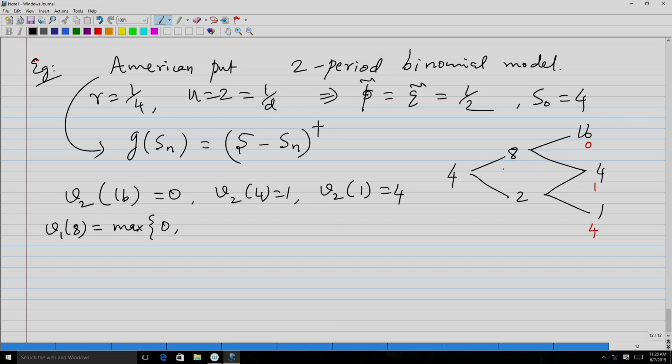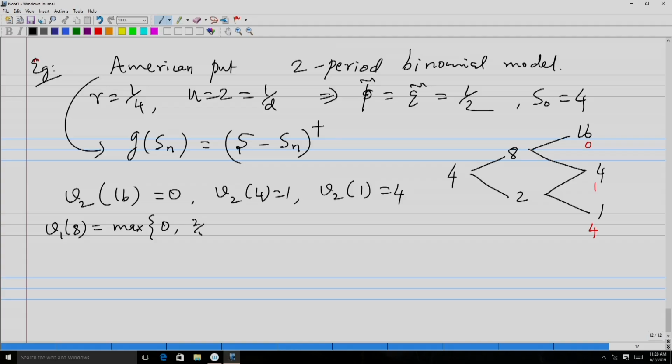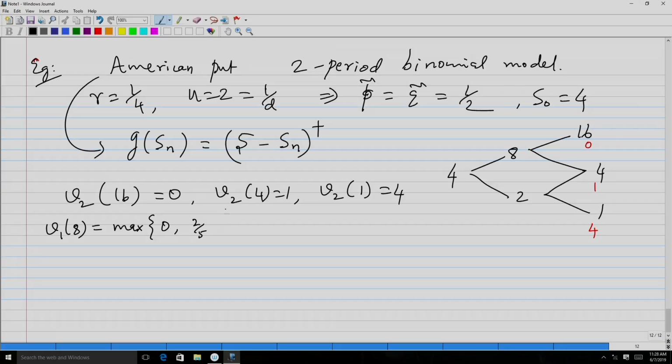If I compute the one step from these two values, 0 and 1, and take 1 by 1 plus r, with p tilde and q tilde both equal to half, this is 4 by 5 times, or you can write 2 by 5 times 0 plus 1, which is equal to 0.40. And similarly, V 1 at 2 will be the max of 5 minus 2, which is 3, and